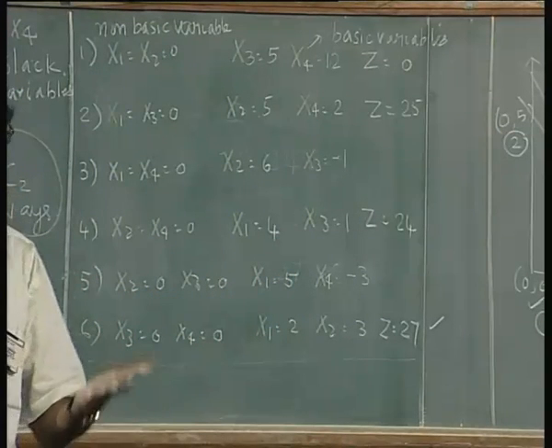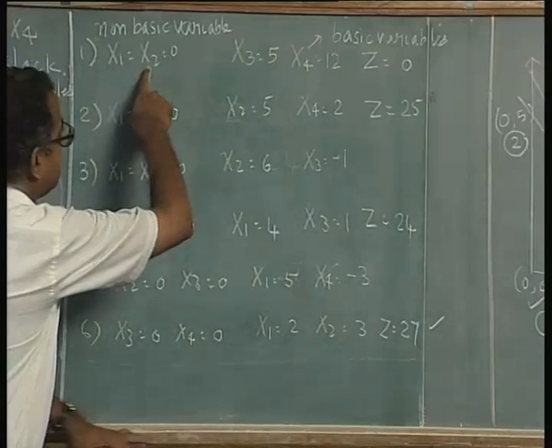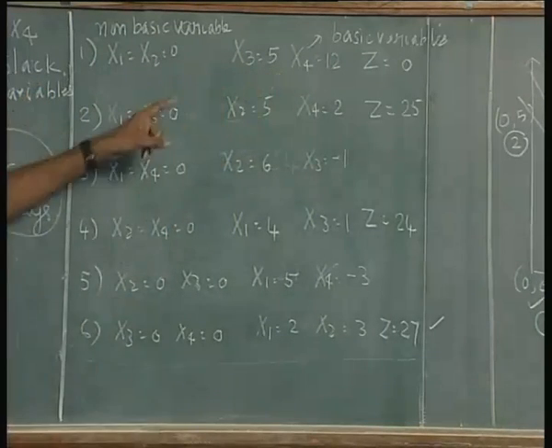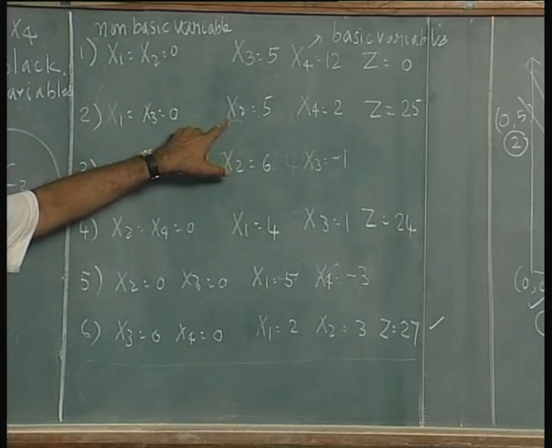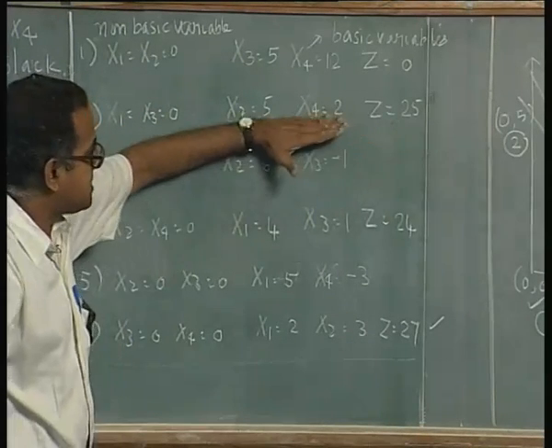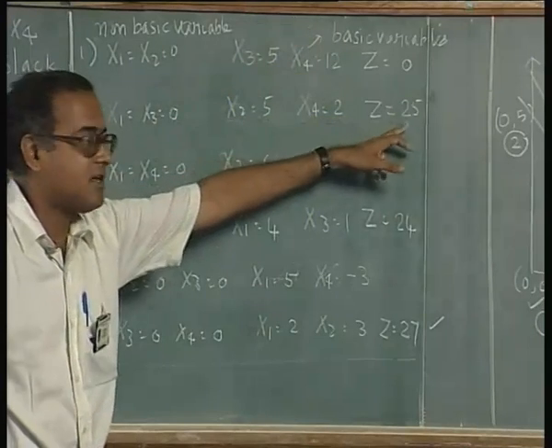We are interested in the basic feasible solution which has the best value, or in this case the largest value of the objective function. So, the first feasible solution that we looked at has z equal to 0. The second one that we obtained gives me z equal to 25. Now, this solution to me is much more valuable than this, because this has a higher value of the objective